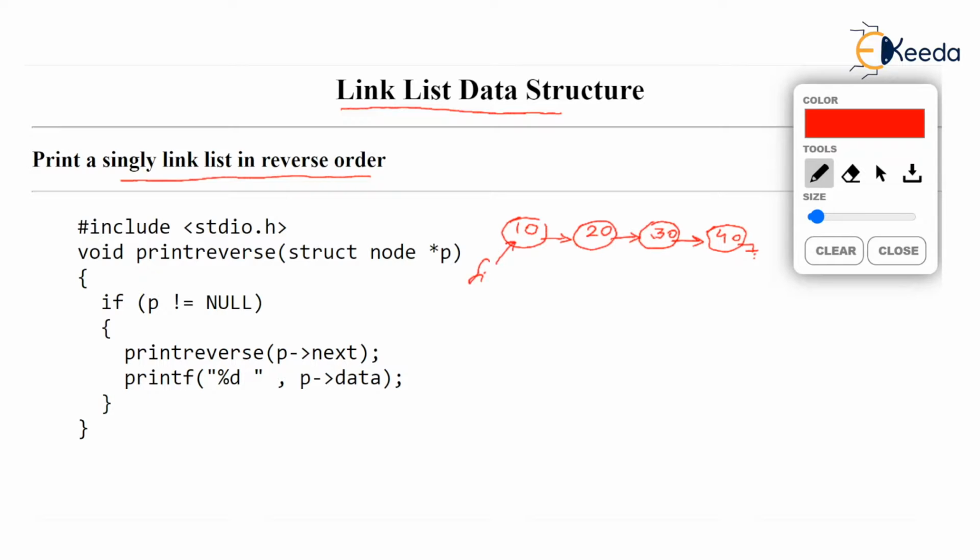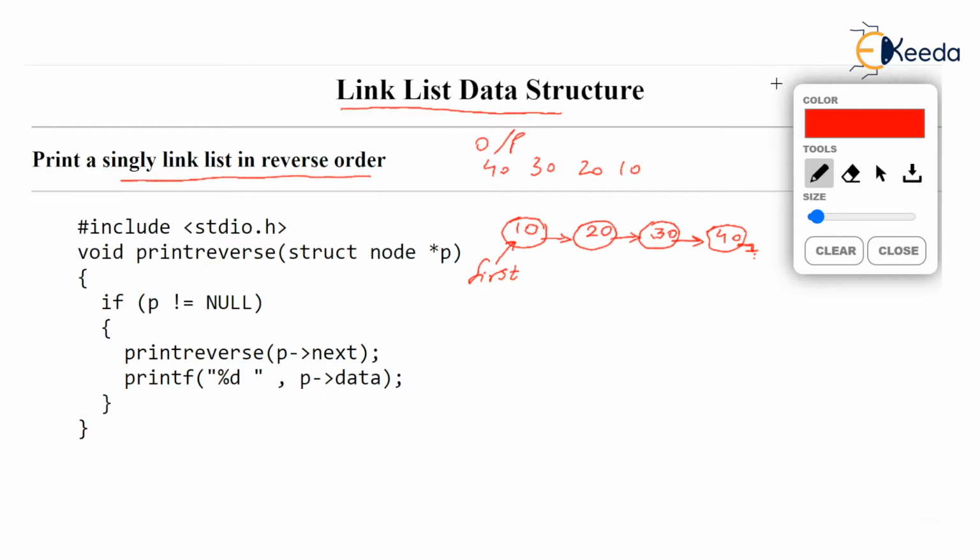There is a header pointer called first pointer pointing to the very first node, and the last node, storing 40, has null as its next pointer. Now we want to print this linked list in reverse order, means the output should be 40, 30, 20, 10. What's challenging about this is that there is no direct way in which we can print this by traversing the list.